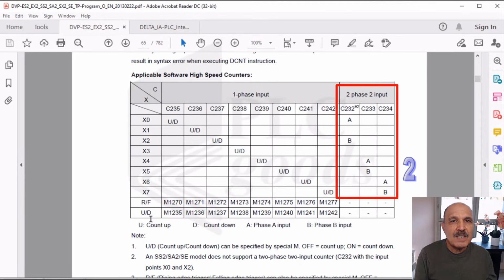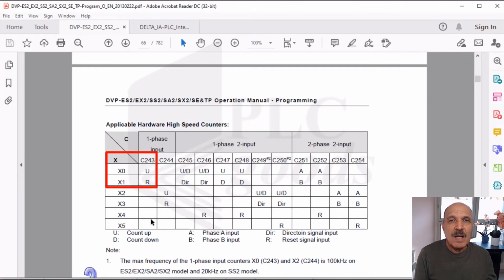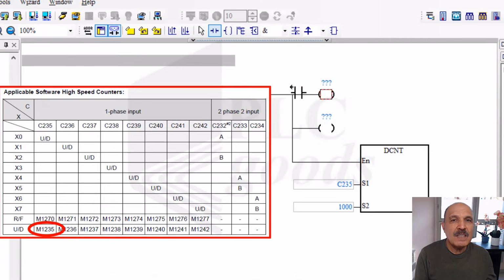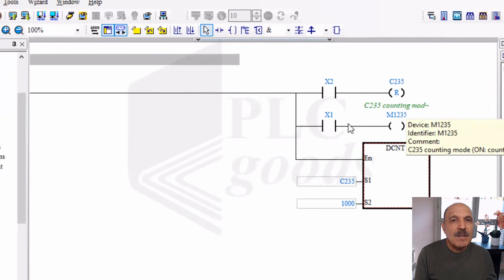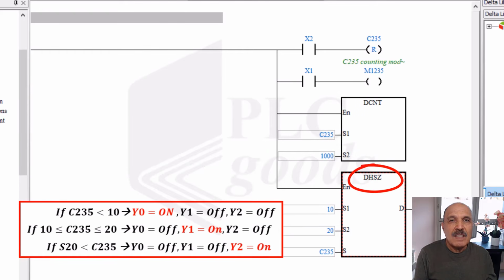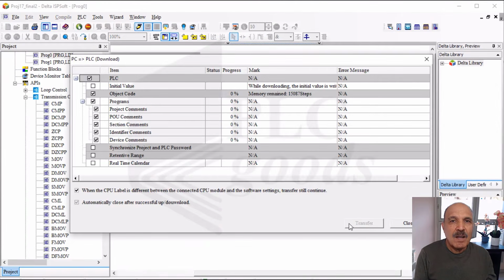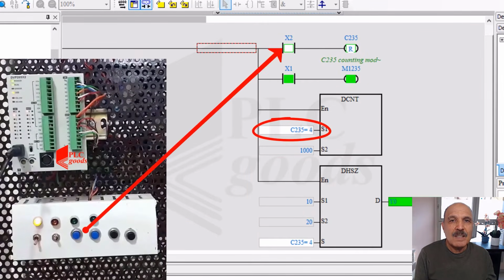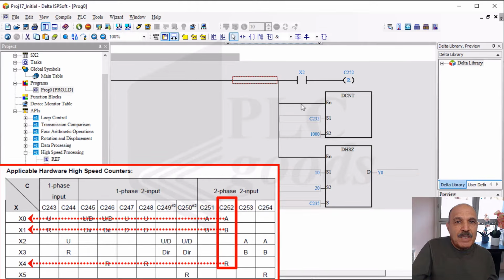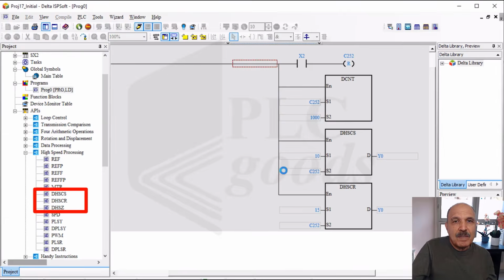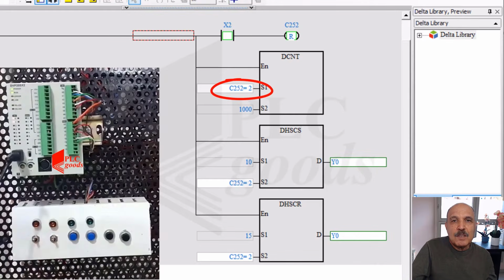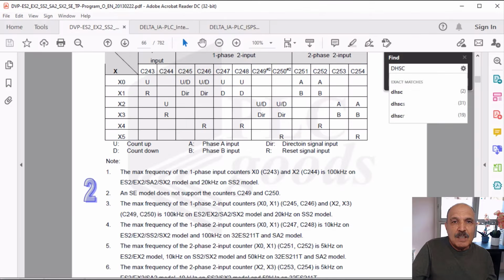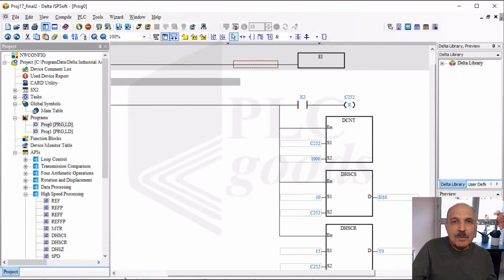The tutorial transitions to high-speed counters, highlighting their 32-bit nature, requiring DCNT instructions. The video highlights the advantages and disadvantages of software and hardware high-speed counters in terms of reliability and CPU resource usage. Presentation programs for both software and hardware high-speed counters are created, showcasing their functionality, immediate responses, and use in